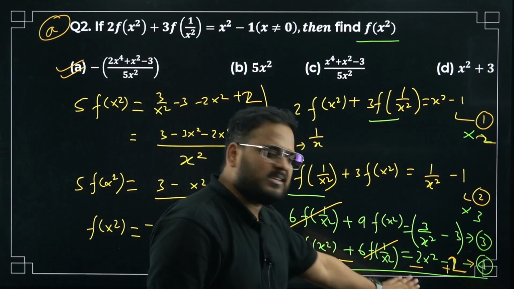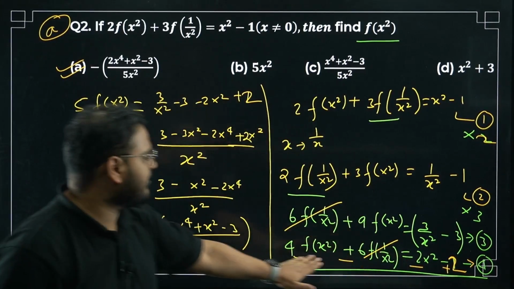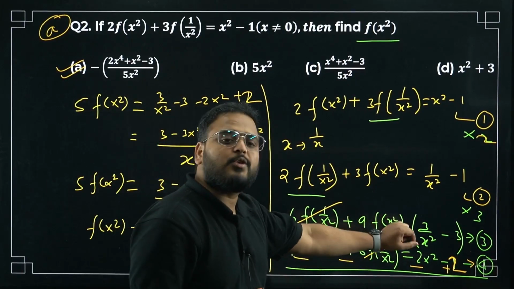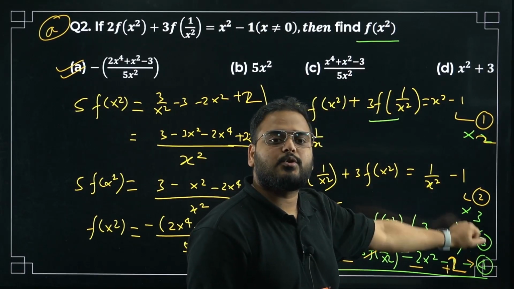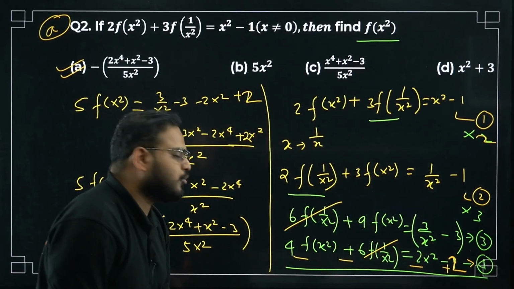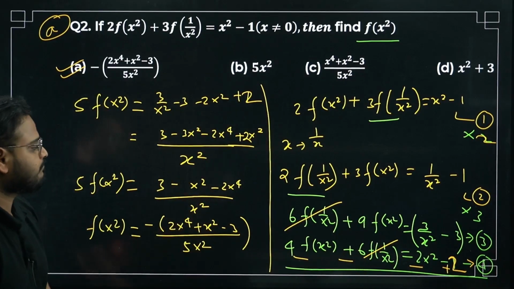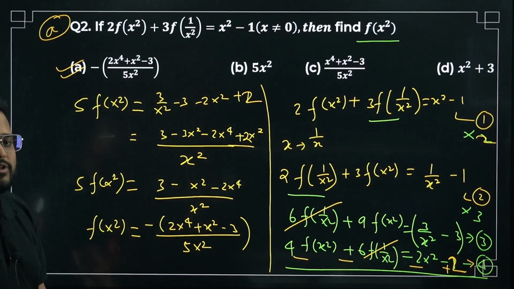Little messy over here. Please have a look. Please be very careful with this subtraction. I'll tell you the approach. Just multiply equation 1 with 2, equation number 2 with 3, and then subtract equation 1 from equation number 2. You can do it either way and get the same answer. Question number 2 is done.